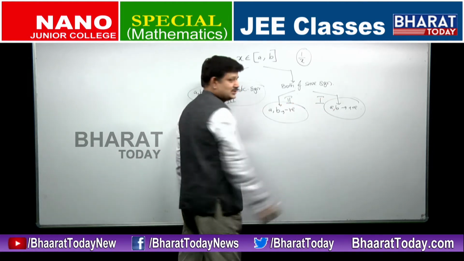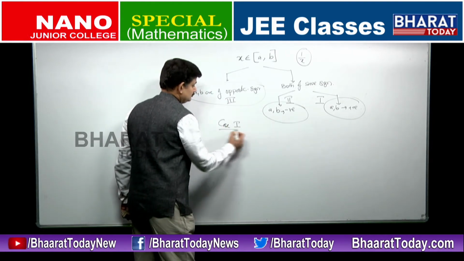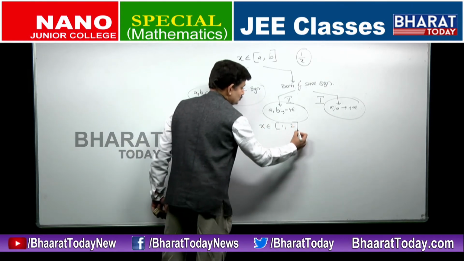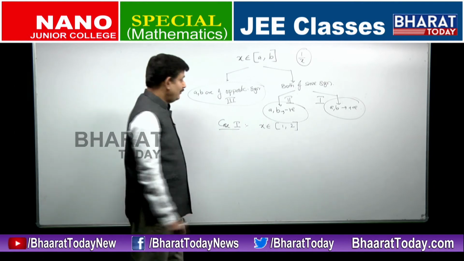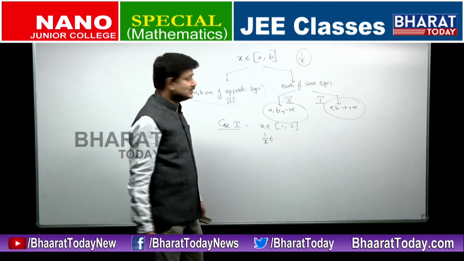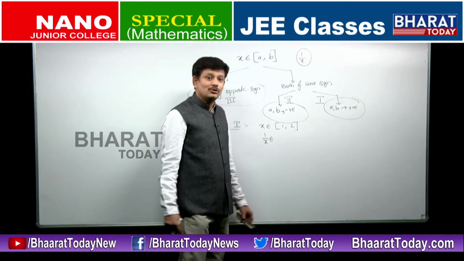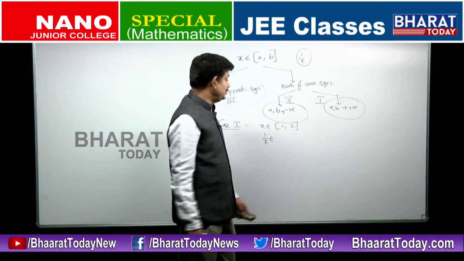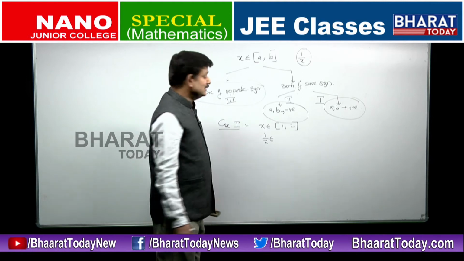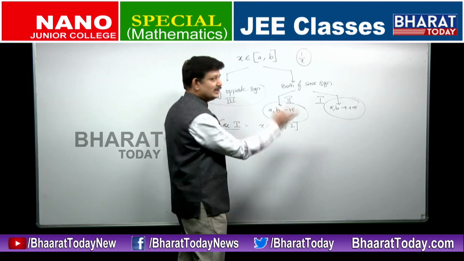So a and b both positive is our case 1. I'll show you this with an example. Let's say x belongs to 1 to 2. Where will 1 by x belong? Whenever x is positive, 1 by x is a decreasing function. You need not bother about that word now; you will be taught about it in the middle of first year. But whenever I say decreasing function, you have to keep in mind that the inequality will reverse.